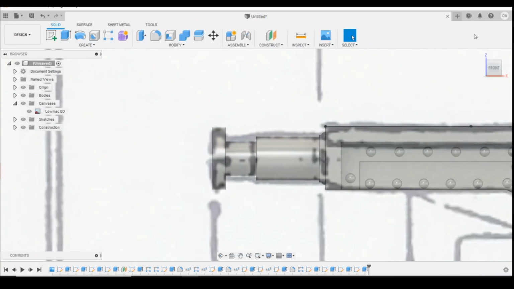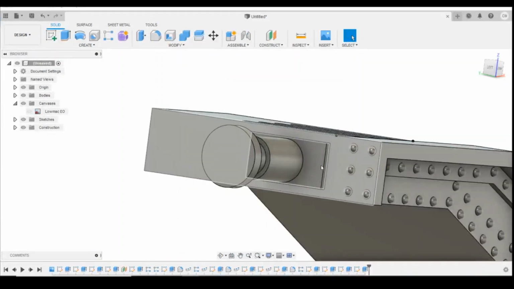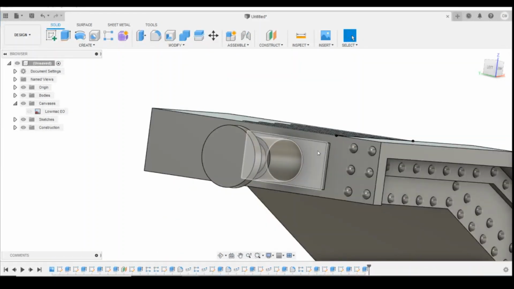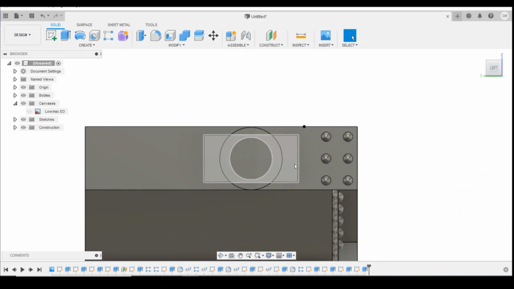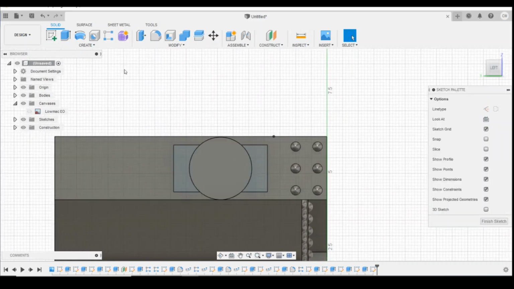There we go, that's better. So there you go, that's the buffer done. Okay, so each side of the buffer has 3 rivets on it. They're in a closer grouping than these ones. So we'll create a sketch on the back plate here